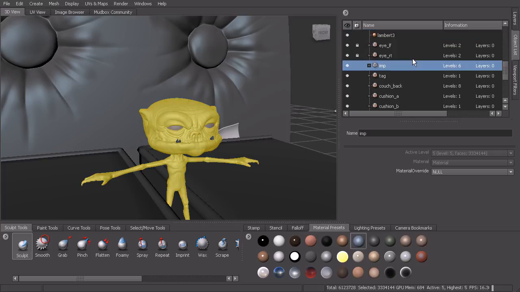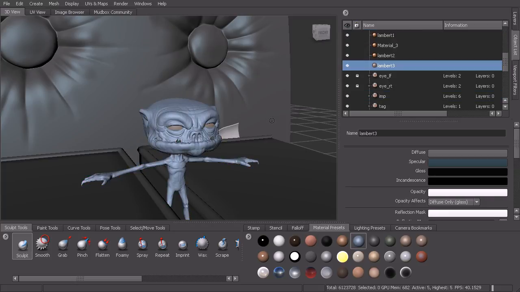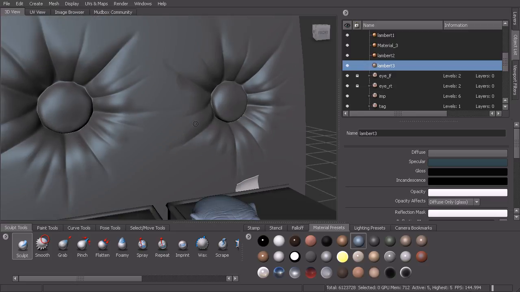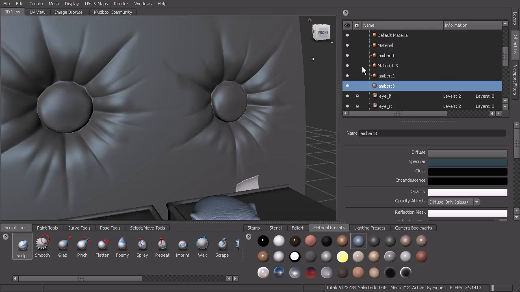Okay, so we can come in and start to add a different material to this. We can also apply materials, and the basic material that we want to use for these objects is going to be our Mudbox material. Now we do have a Lambert material that's available, but we want to use the Mudbox material so we can paint maps to go with a lot of different channels, and so those are the ones we want to use. Now to add a material, and you can see them listed in our object list as these little sphere